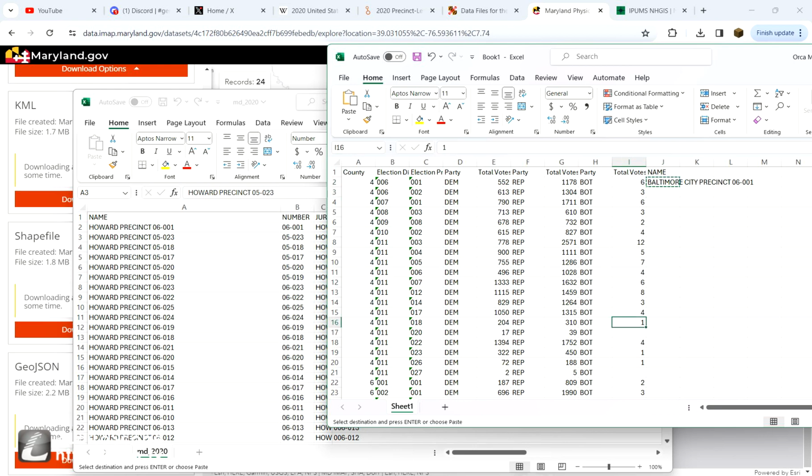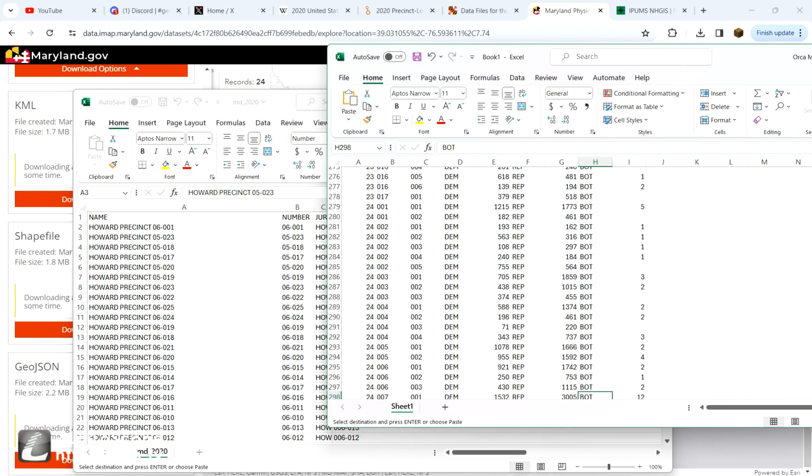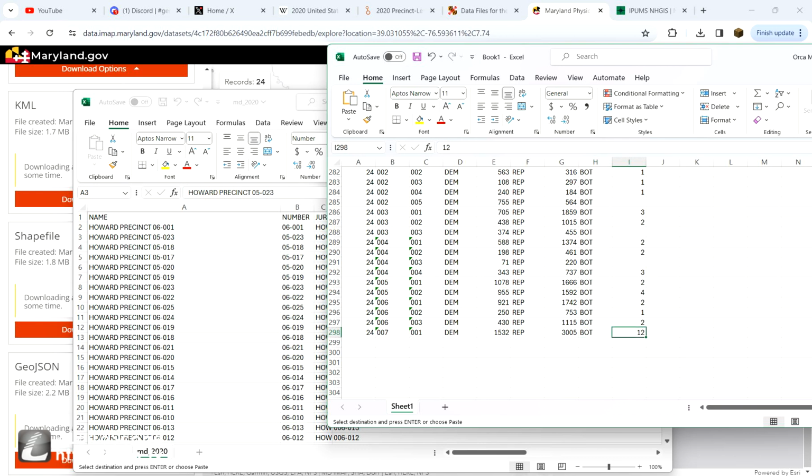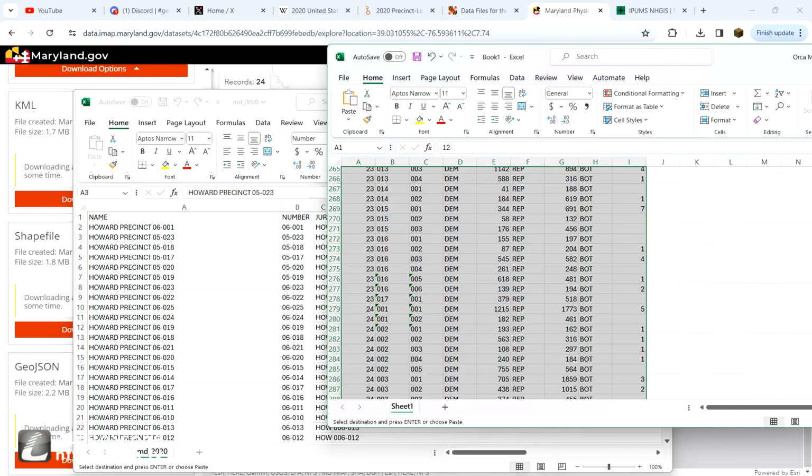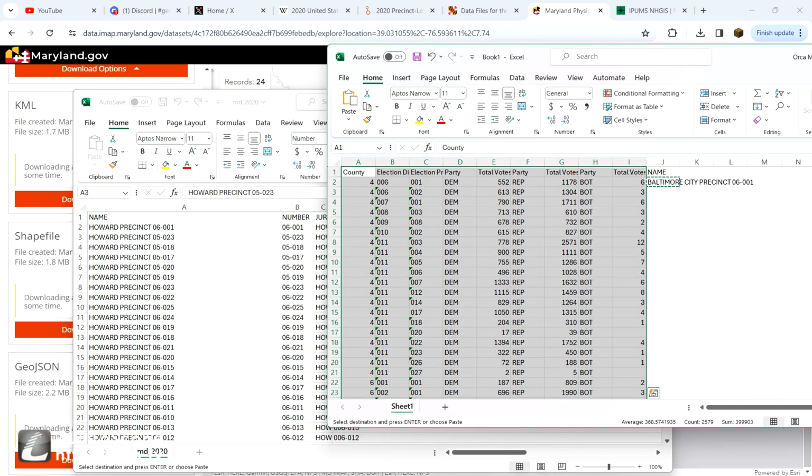But also, there's blanks here. Let me show you how to fix that also. So what I'm going to do is Control down to get to the bottom of here. And then in this box up here, I'm going to do A1 and then a colon. And you'll see that that selects all of that. Then what you can do is you can,